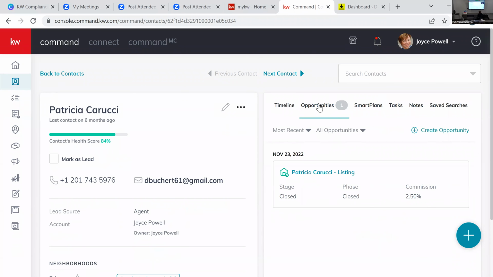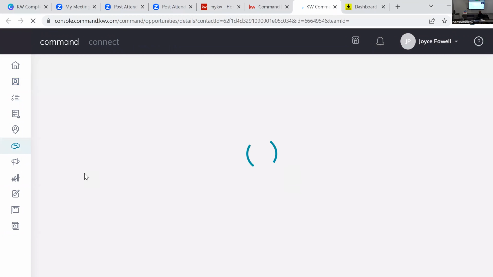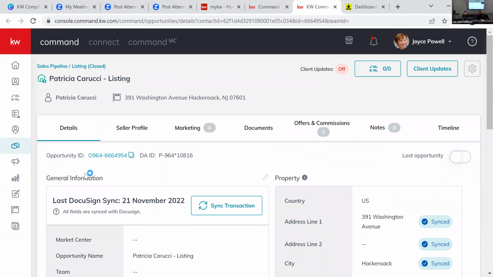So this dear lady, she was in her 80s. I had been renting her apartment forever. And all of a sudden, when I was working up in Tenafly and KW up there, she calls me and says, it's time to go. Creating an opportunity and taking that listing from listing to closing so that I understand